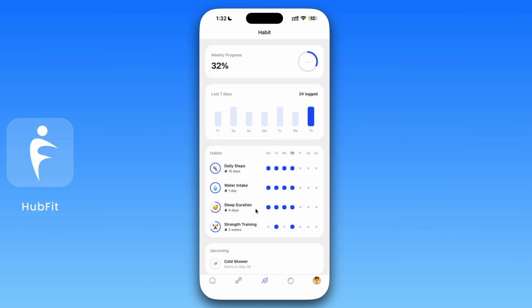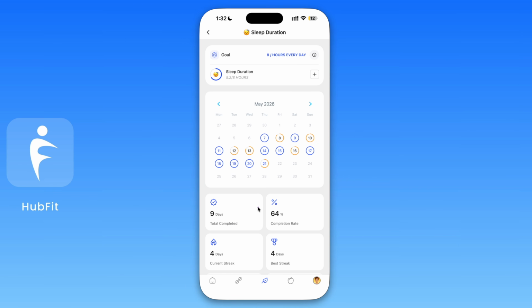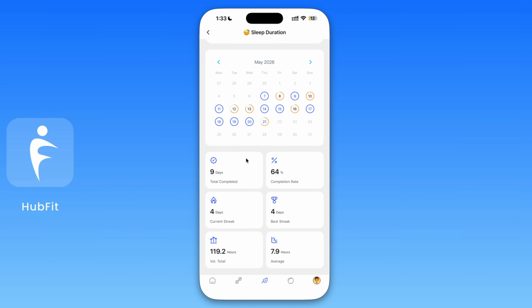Let's go ahead and click on a habit that is active. Here you'll see they get a full overview of the habit. This is similar to what we just saw on the coach side, and this also allows them to backfill a habit. So if they ever need to log something for a previous date, they can just come here, click on any date, and they can log it. If you have any instructions or anything, they can view it from here. And over here, they can view their stats for a specific habit. So they can view their streaks, their total, their average, their completion rate. So that is